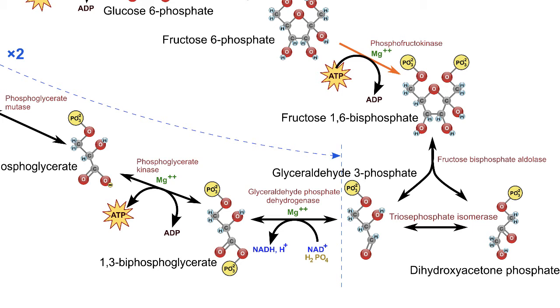As an aside, here is an excellent example of changing an equilibrium. TPI will run the reaction both ways. In other words, it's a reversible enzyme. If you put TPI and dihydroxyacetone phosphate in a test tube, TPI converts about half the DHAP to glyceraldehyde 3-phosphate. However, since in metabolism the glyceraldehyde 3-phosphate is used in the rest of the pathway, the equilibrium is pulled toward glyceraldehyde 3-phosphate and all the dihydroxyacetone phosphate gets used. The result of the pathway is energy in the form of ATP and a bunch of pyruvate.